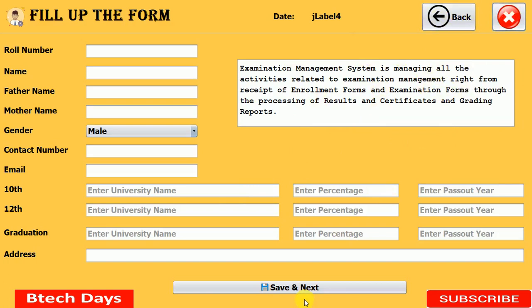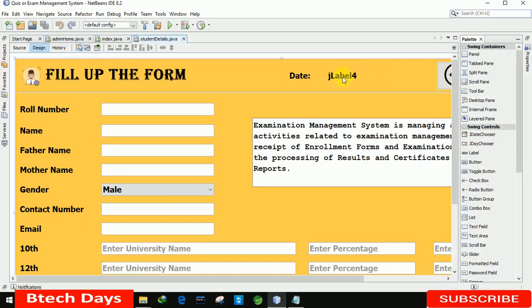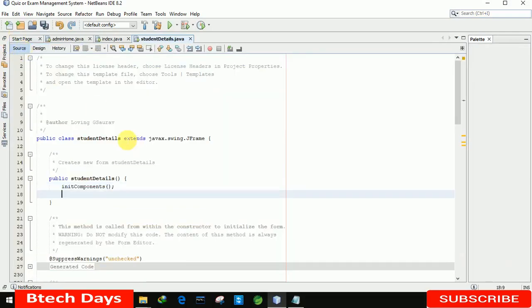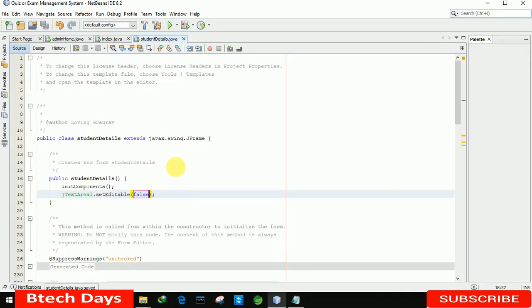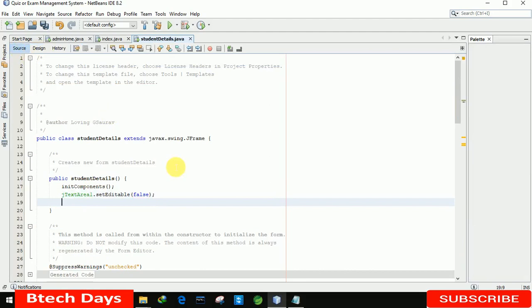So let's start. The first thing is we just need to display the date here. Moving to the source, we're also disabling the JTextArea by setting editable to false. I'm just writing false so that a student cannot edit this area. After that we are displaying the date here. Here we just need to write a simple